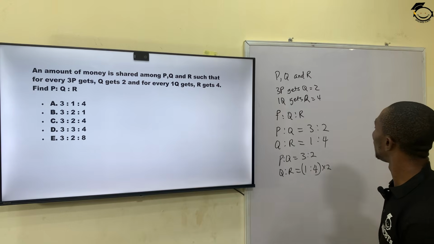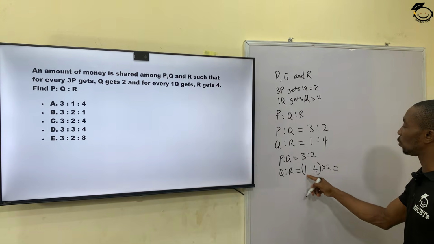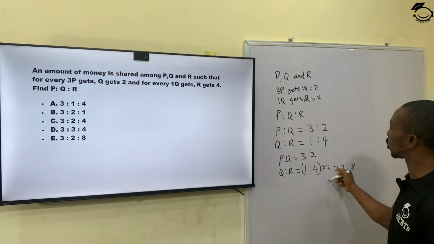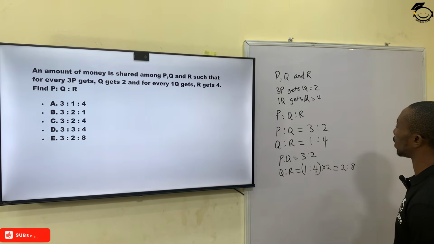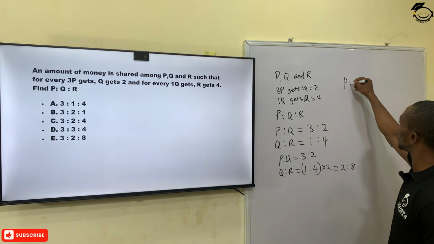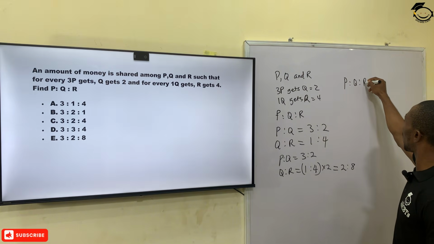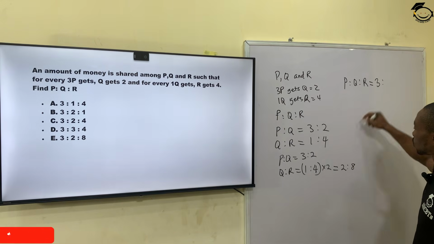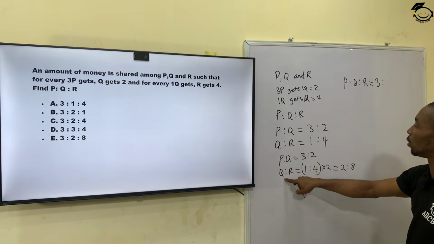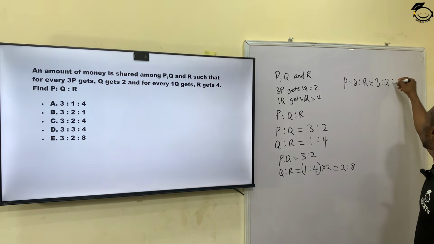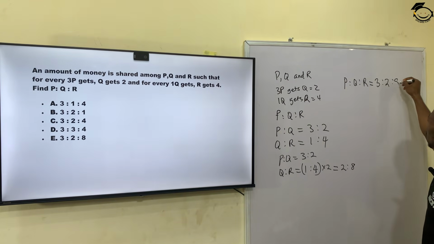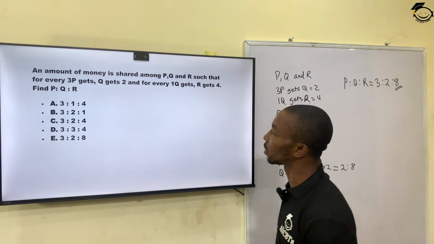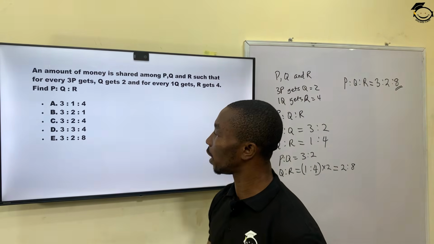Our new ratio will become 2 is to 8. Now our Q's are equal. We can now equate. So the ratio of P is to Q is to R will become 3 is to 2 is to 8, which is